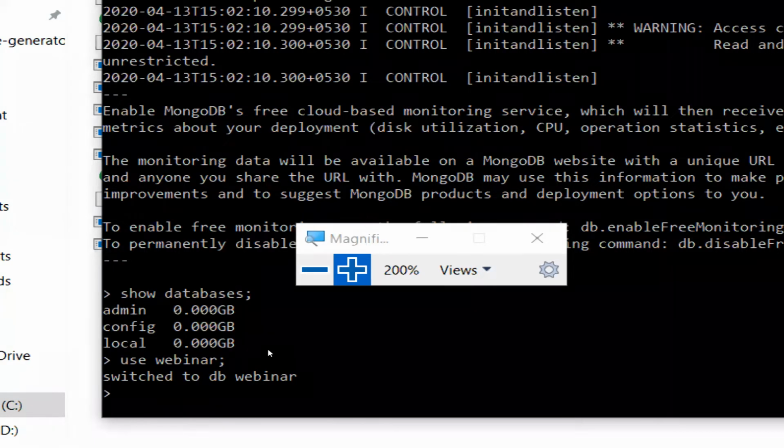Then immediately a database object called db will be created, and it says switched to db webinar, which means that a database is created. So this is the second MongoDB command which I wanted to use in this webinar.